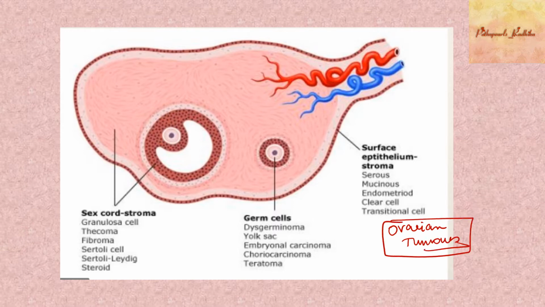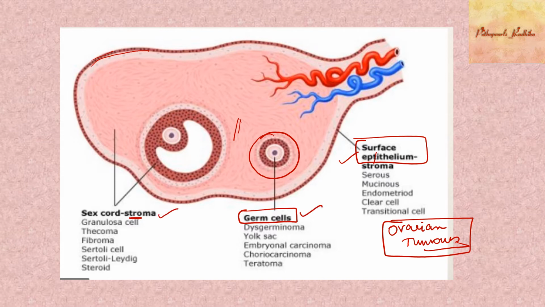So, how does an ovary look and what does the ovary have histologically, right? When you take an ovary, the ovary is lined by a type of epithelium on the surface that we call the surface epithelium. Then you have the germ cells, so you can have tumors originating from germ cells. Then you have the stroma between those germ cells, and you can have a combined sex cord and stromal tumor. So depending upon where it originates, the ovarian tumors are classified into surface epithelial tumors, sex cord stromal tumors, and